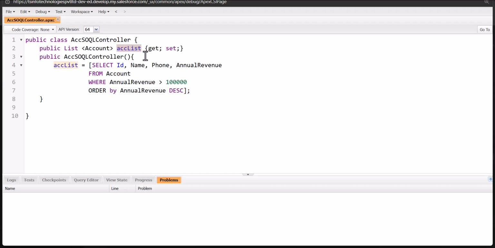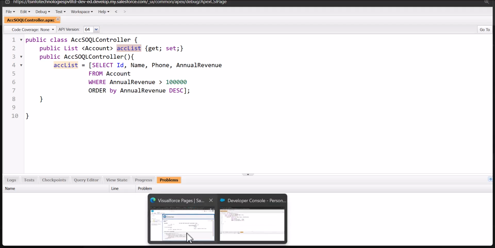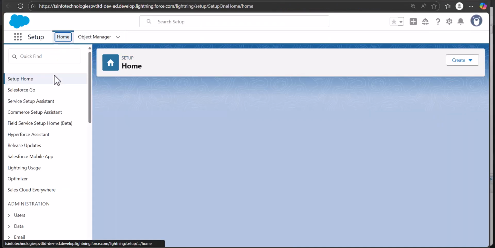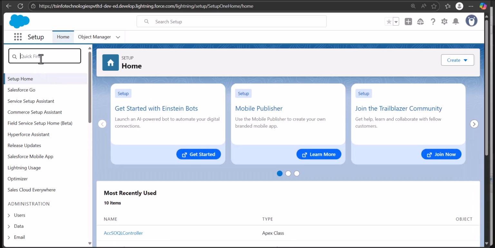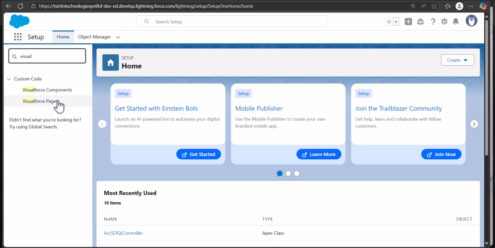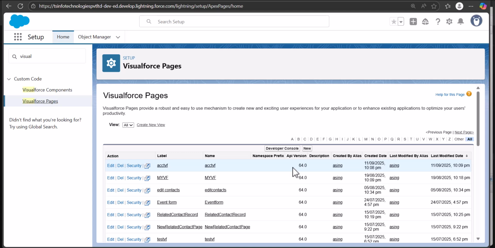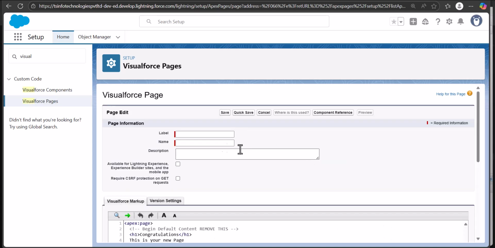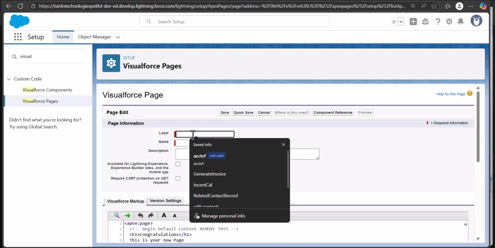After creating the controller class, we will create the Visualforce page. For that I will navigate to the Salesforce org. Here, from the Setup page of Salesforce Lightning, go to the Quick Find box, and search and select Visualforce Pages. In the setup of Visualforce pages, click on the New button, and here we have to enter the label and the name. I'm going to label it as